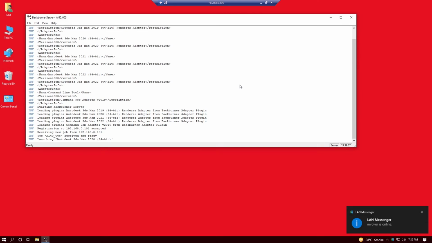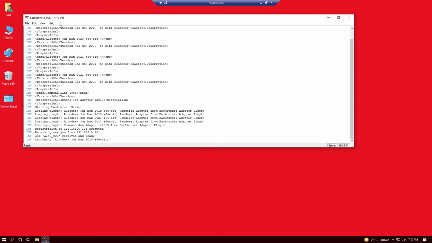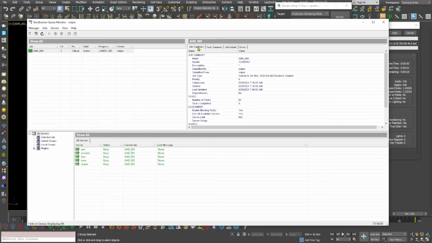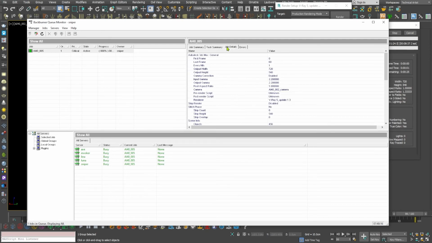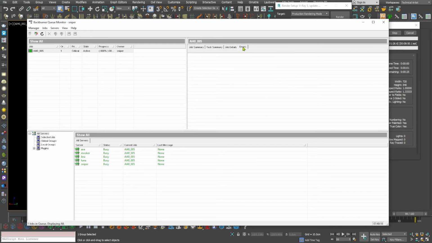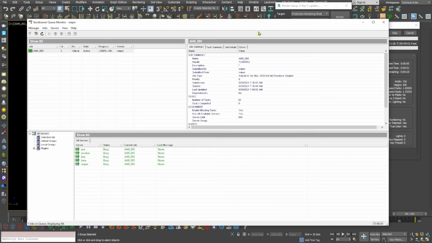And remember, if a computer gives an error, just shut down the back burner server and relaunch it, so it will restart the job. And you can see the job summary over here and task summary, like what frame is being rendered by what computer, and job detail as well, and errors.